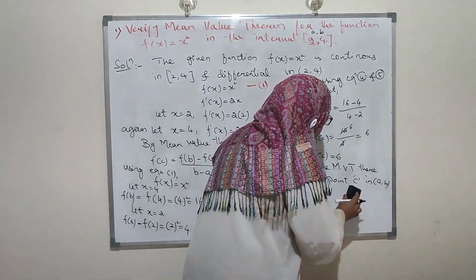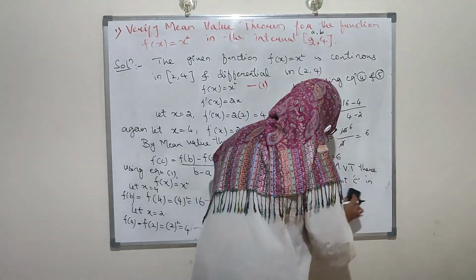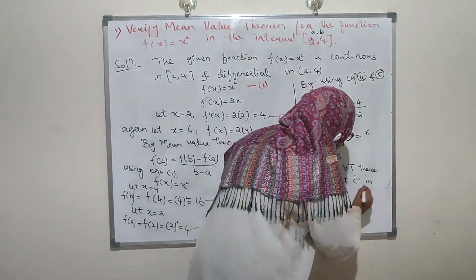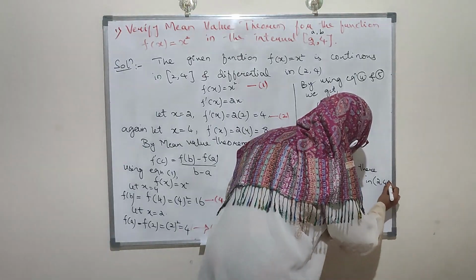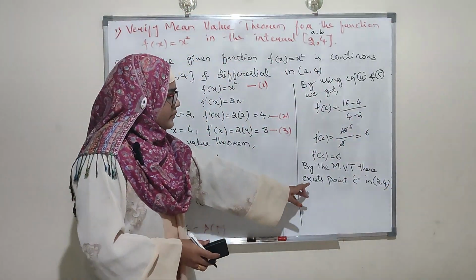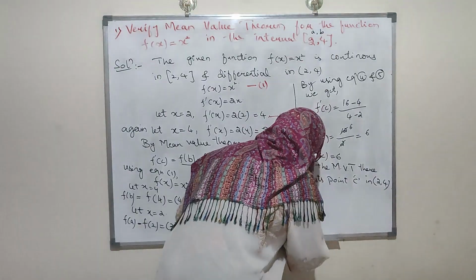There exists a point c in the interval 2 comma 4, which is given to you, such that